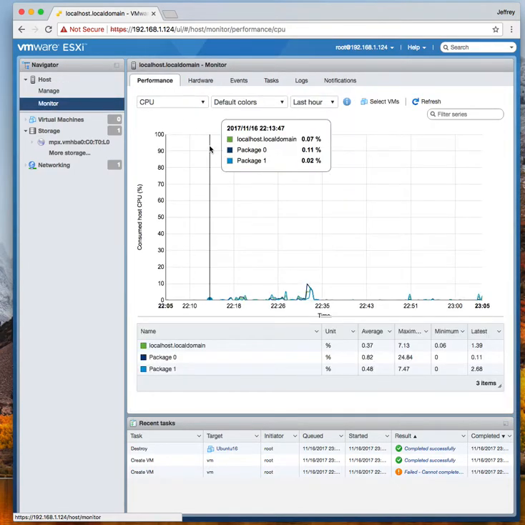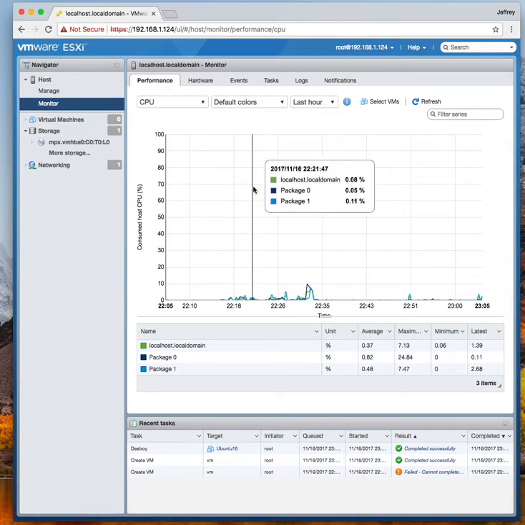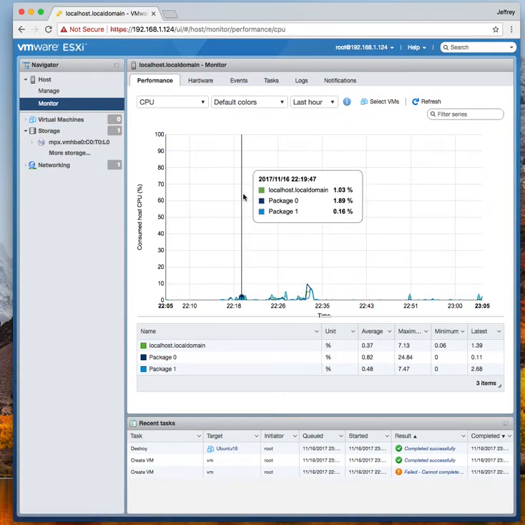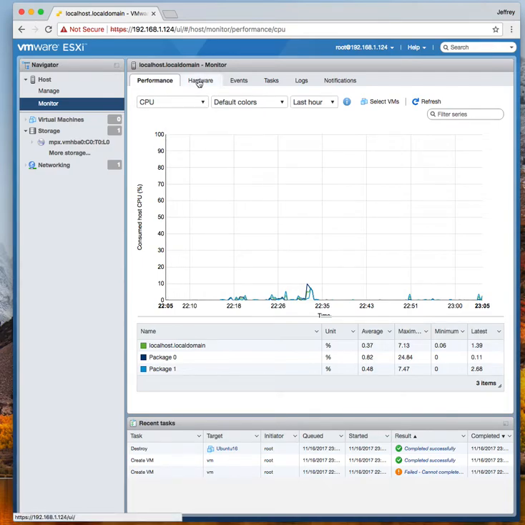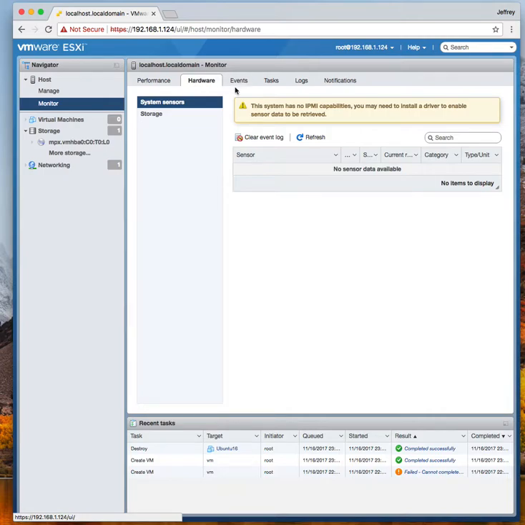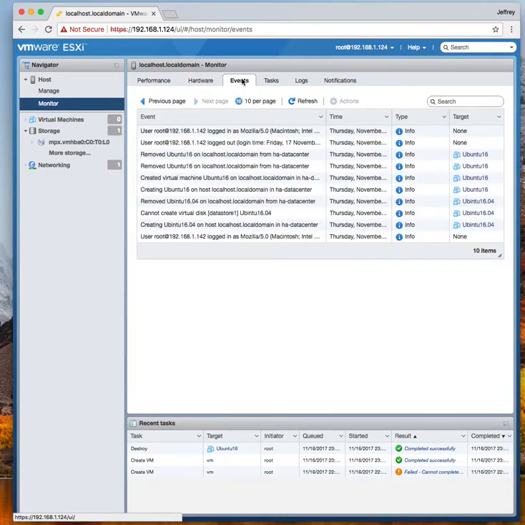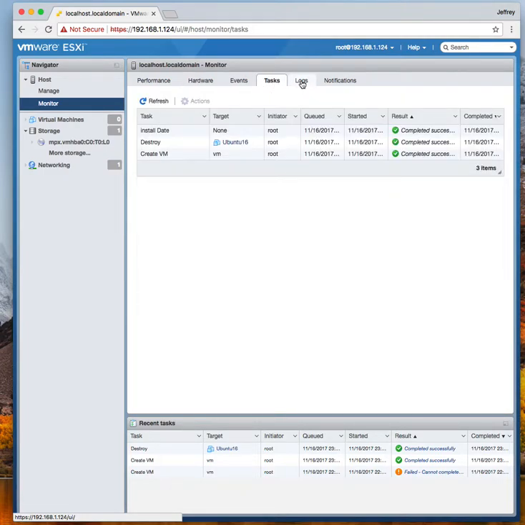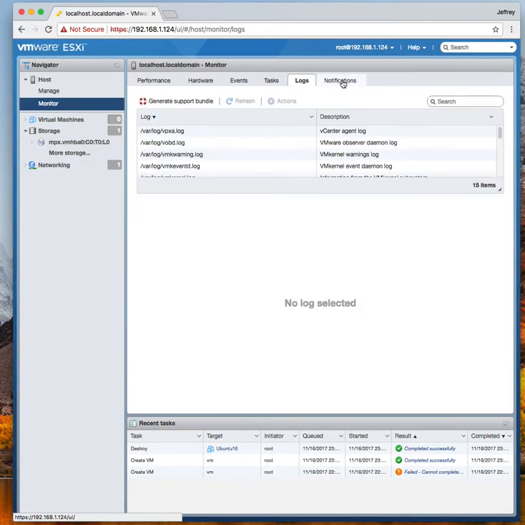You can also monitor what's been happening. All this stuff is a lot like vSphere. It's just now I'm on a Mac and I'm not using Windows, I'm using a Mac to do this. So this is really pleasant for me. I can use my Mac and just manage an instance of ESXi. Anyway, back to our